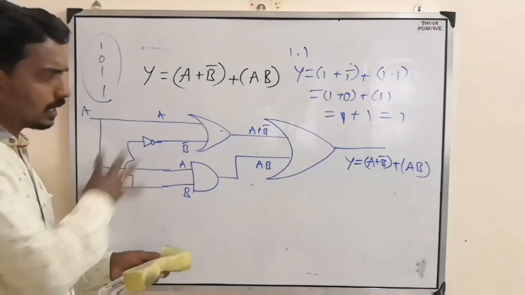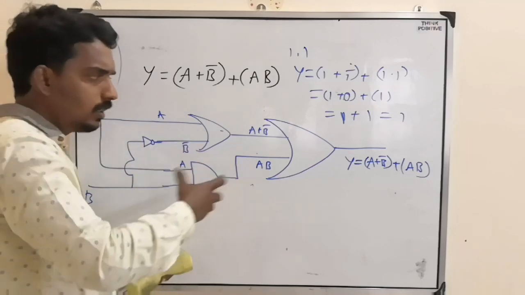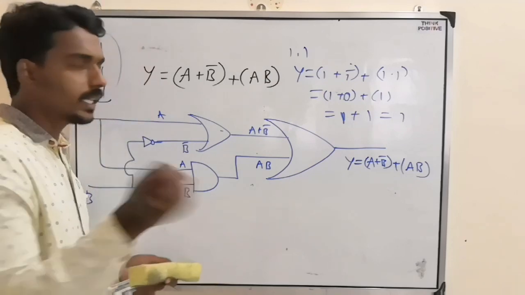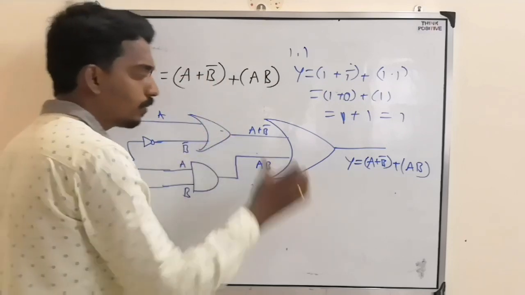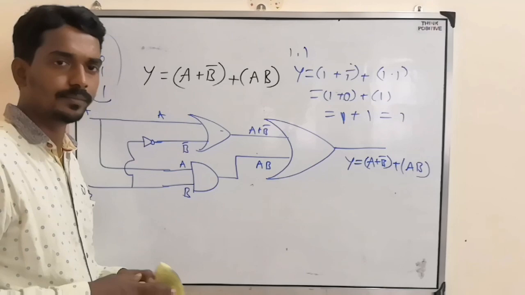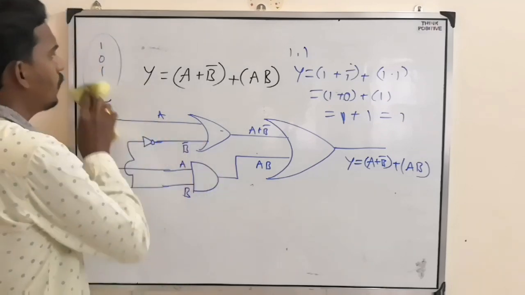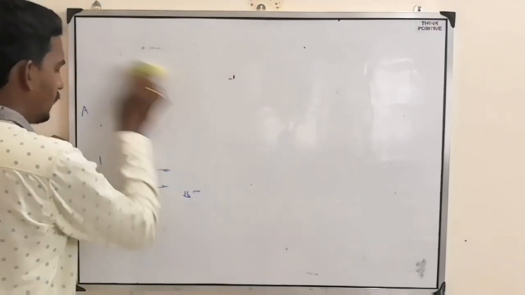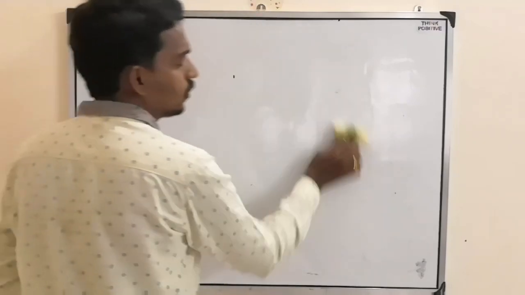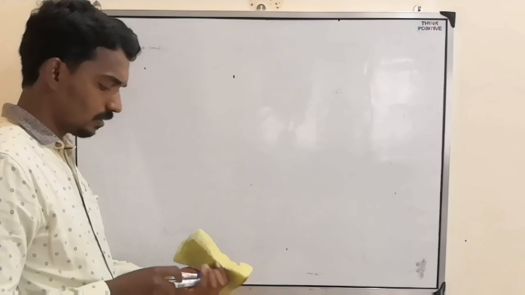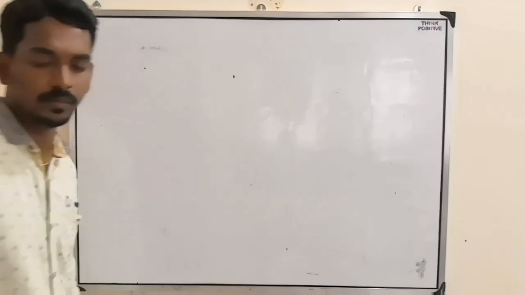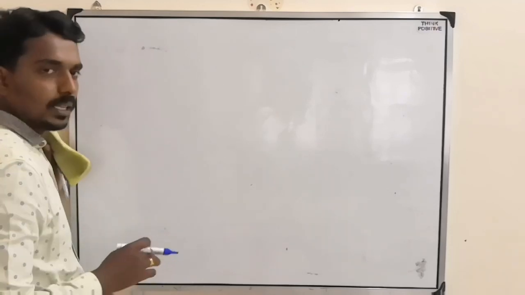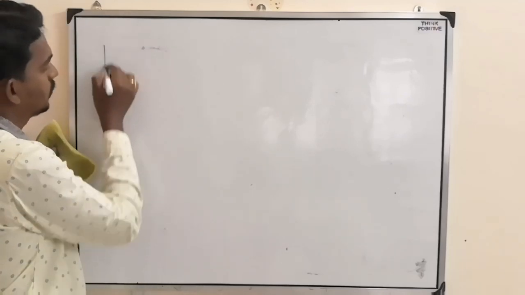So like that, construct the gate. Learn the construction of gates. Learn finding the truth table either from the expression or from the gate construction. And apart from this, one more question, some different type of question they'll ask you. Let's see that question. They will give input in the waveform like this.